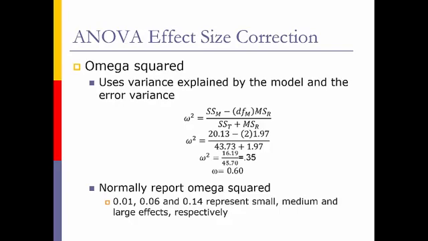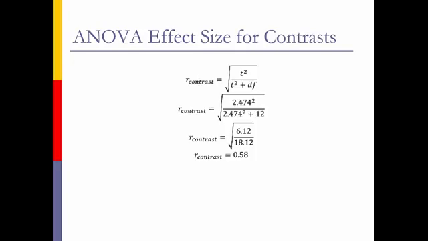And you can see here that the omega squared are a little bit different than our R values that we previously talked about. And then you can look at them for the contrast as well, and you find out that the contrast is also significant. All right, so from here on out, go ahead and look at the ANOVA SPSS. But that pretty much is it for the ANOVA. It's a really nice, easy test, very similar to the t-test. And hopefully it won't be too much